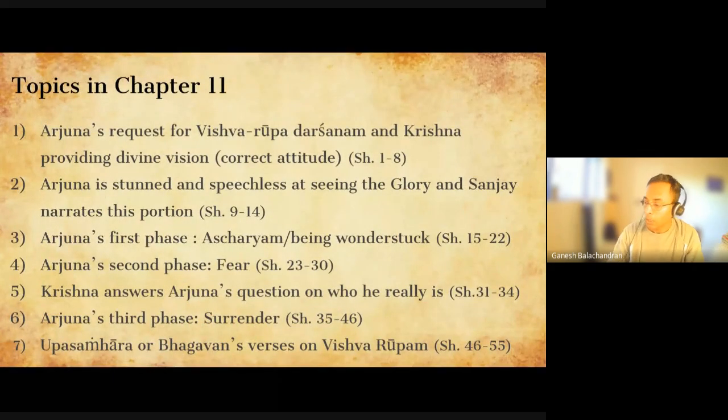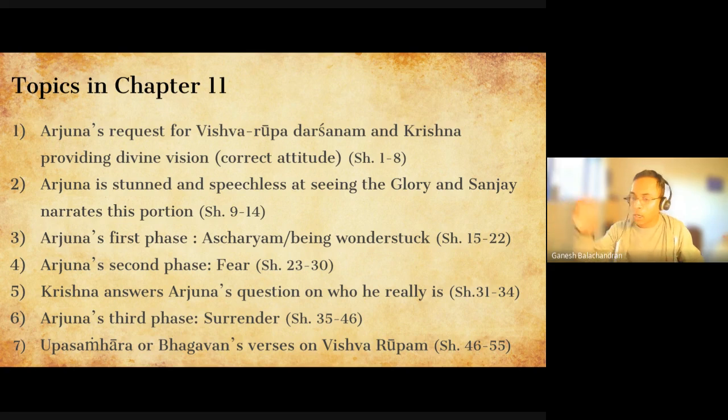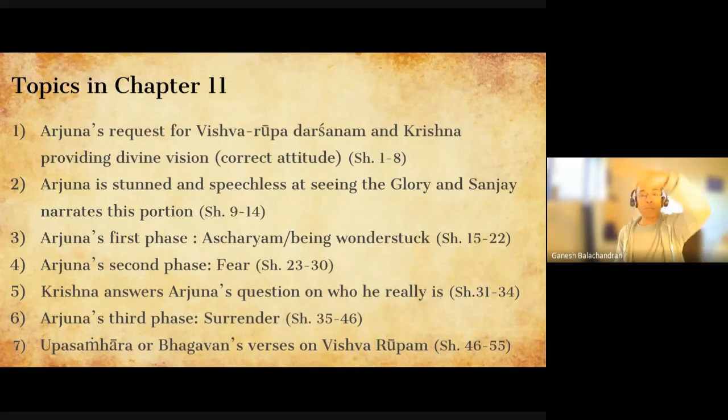Okay. So far, any questions? So I've given an overview, because this chapter is the culmination of 7, 8, 9, 10. So you have to understand why. Now it's all many canine teeth, tusks, 100 heads, 1,000 stomachs. This is how it will come. The entire chapter will be like this. But you have to understand why all those are there, because Bhagavan is trying to say that I manifest as the entire universe. So the topics in chapter 11: Arjuna first requests for Vishwarupa Darshanam, and Krishna is providing him